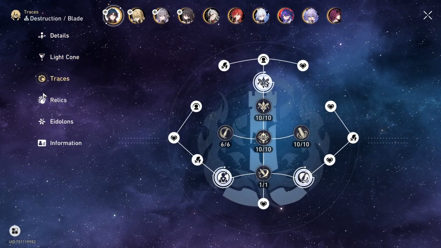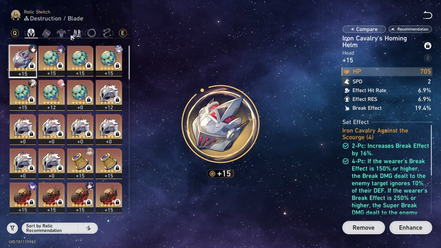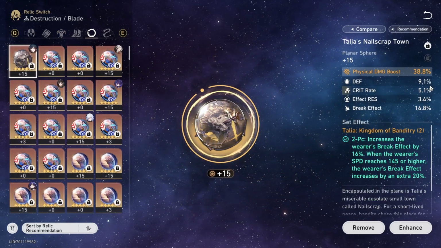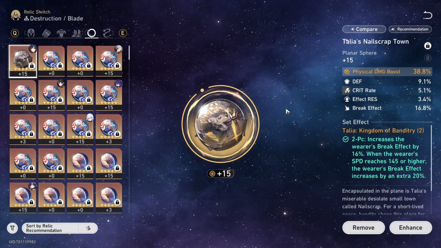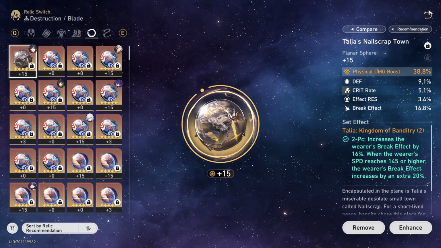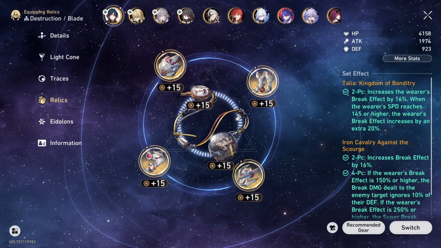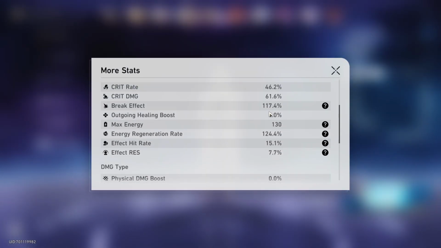So if you want my recommendations, if you're going to be trying this out, you don't need to worry too much about crit stats, but maybe go for an HP body piece and an HP orb if possible. That would probably help you out a bit. You could go for wind damage as well. That would just help supplement your damage a little bit when enemies aren't quite broken yet. But other than that, our Ruan Mei, 158 speed,